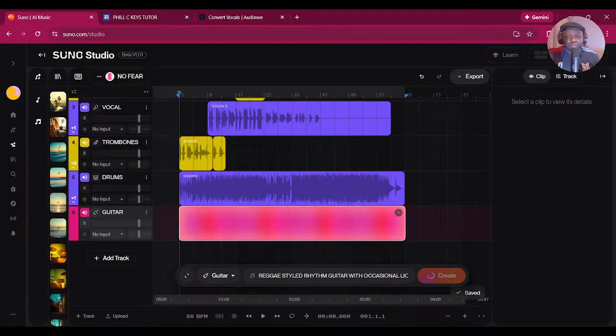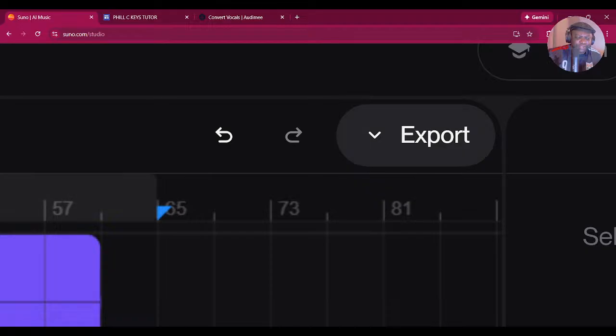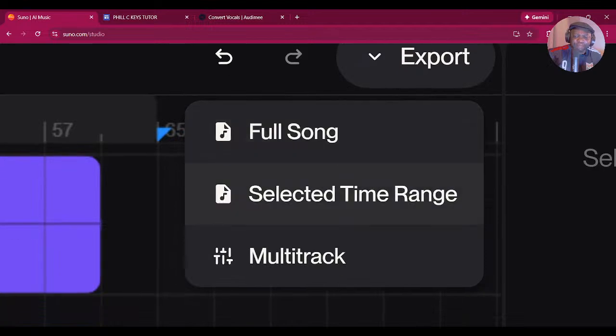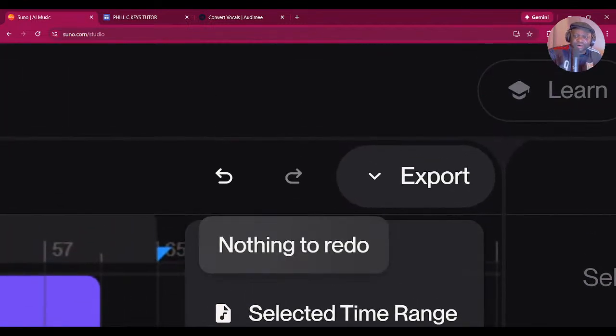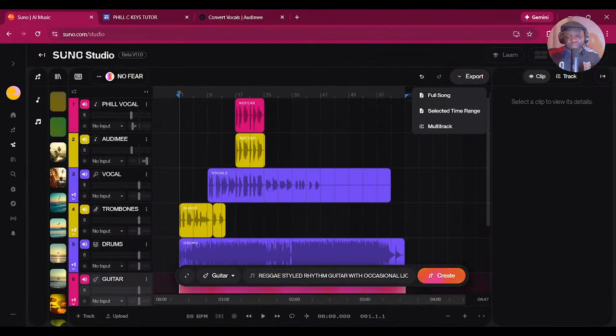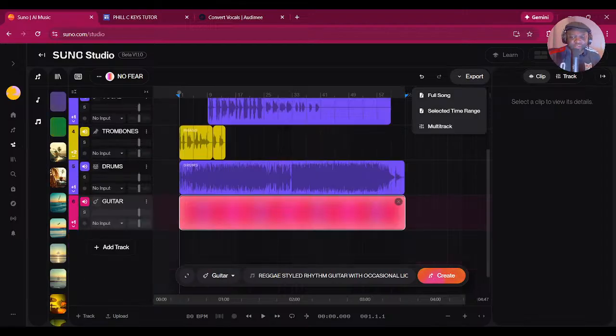And truly what you're doing is step-by-step production work. You do know that when all this adventure is over, for those of you who are curious, over here at the top we have an export button, and if you click on export, you can export the multi-track, which means all of the individual stems, and they'll all line up in your DAW, and you can cook the life out of this thing in your DAW. You can add new stuff from outside, you can add new instruments from outside, you can transform it.